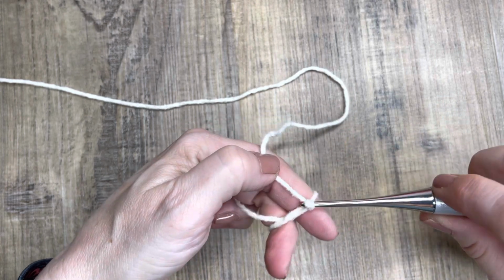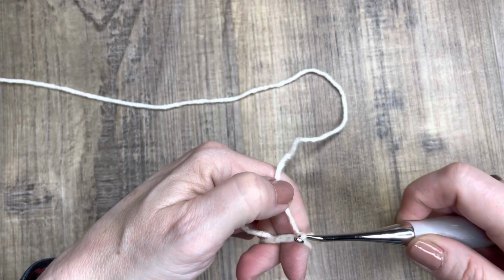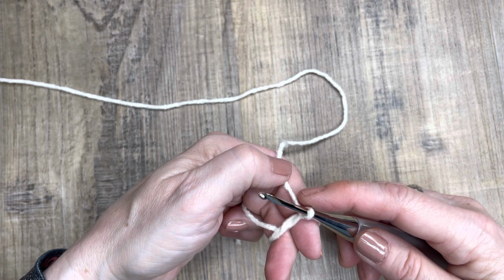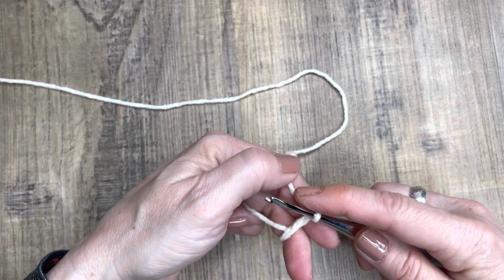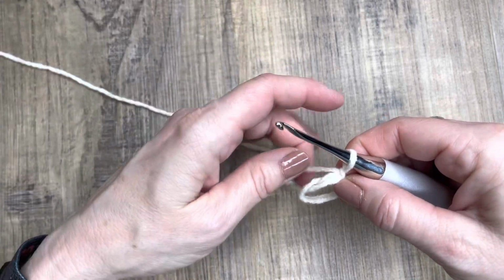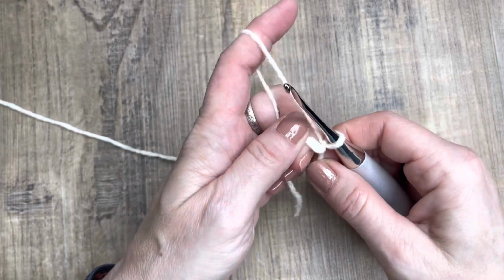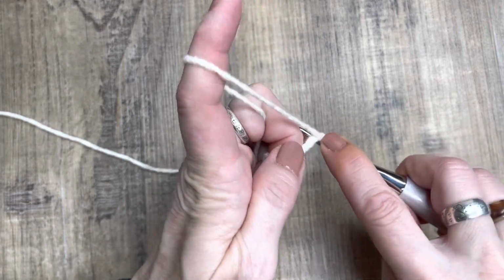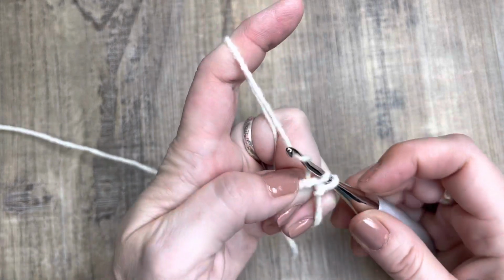and chain one. If you're doing a half double crochet, you can chain another, or you can leave it at that. If you're doing a double crochet, you're going to want to chain one more, at least. Now you're going to take your loop and you're going to go in and do your regular